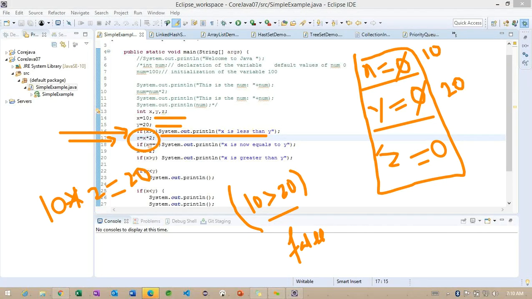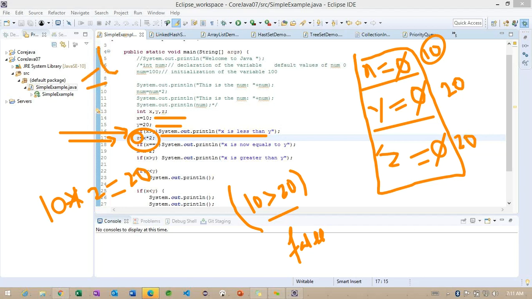Whatever x value we multiplied with, we are assigning into z. So carefully observe this point. Getting the point? We are assigning into z, not x. So this x value is still 10 only. Now this particular z value becomes 20. How are we getting this z value?